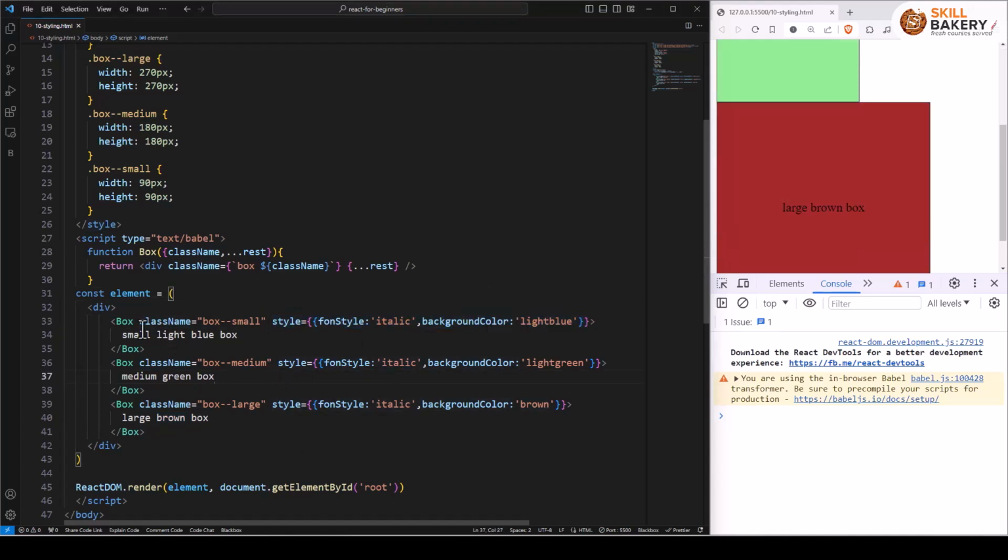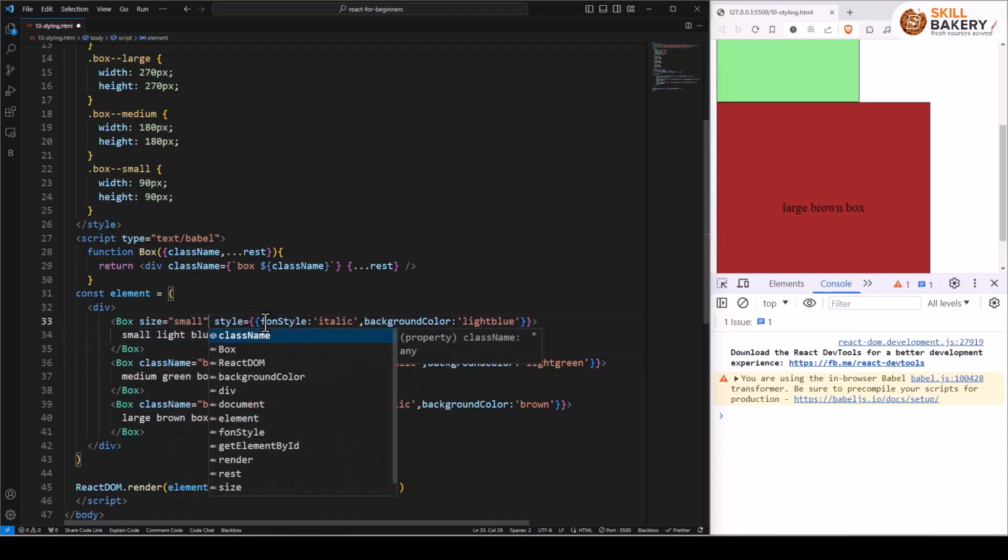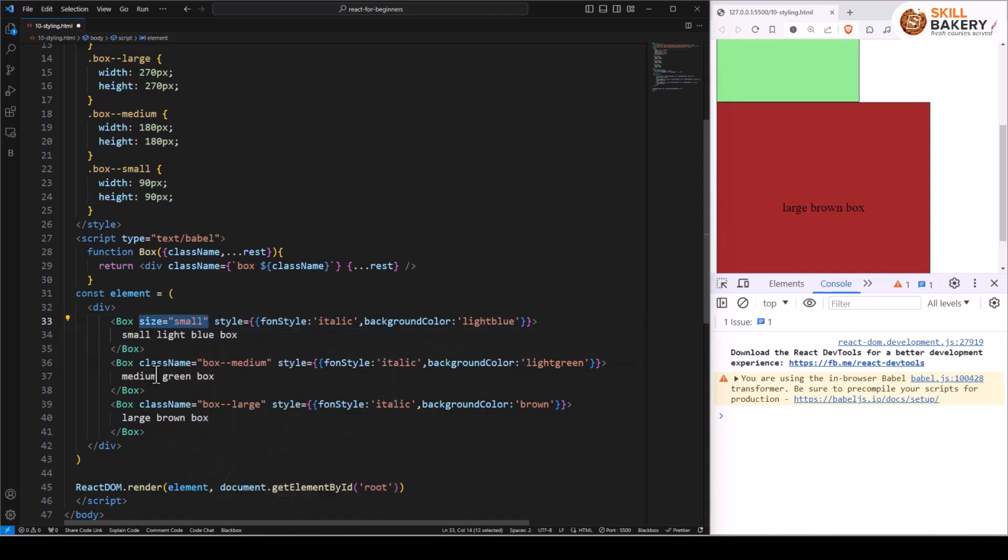We can further optimize this by getting rid of this class name and introducing a different attribute. Let's call it size, so that we can remove this redundancy of box small, box medium, box large. So let's go ahead and remove this class name from here and introduce size as small, and similarly we'll have size as medium and then size as large. So here I'll be updating these values, medium,